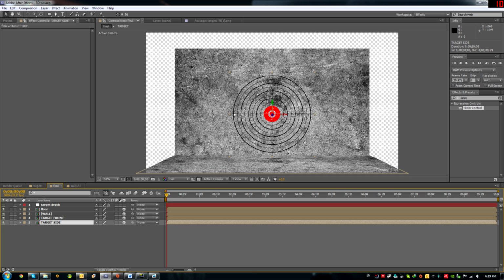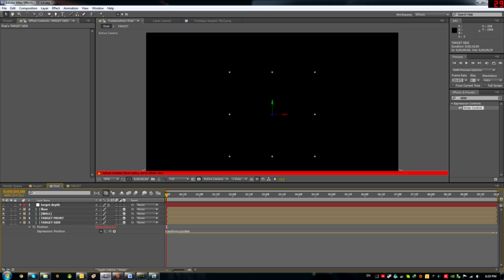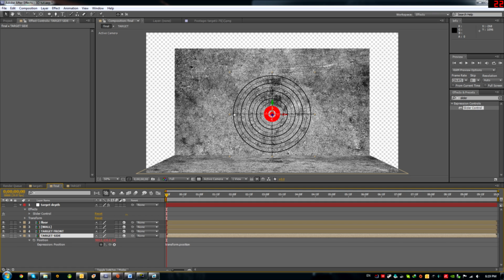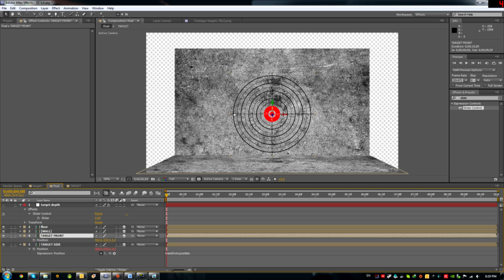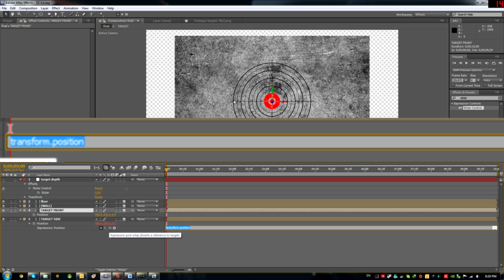Right now I'm going to go ahead and open up the position control of the target side layer, and I'm going to alt-click the position stopwatch to enter the equation right here. I'm going to try to enter an equation that would move this layer behind the target front layer. First I'm going to open the slider effect so I can parent it to that. I'm also going to open this position because I'm going to pick whip it to that position. Okay, now I am going to pick whip the target side position to the target front position and then add to that